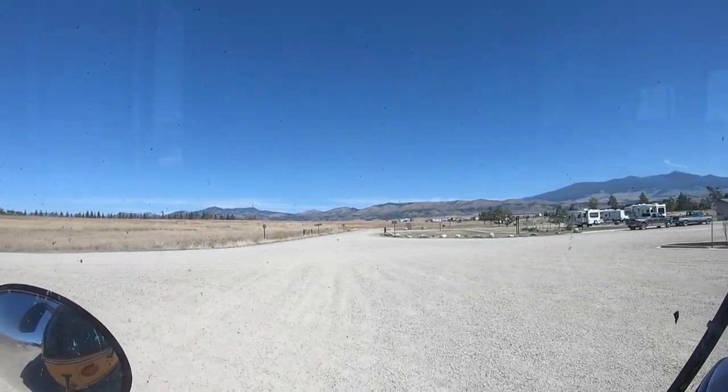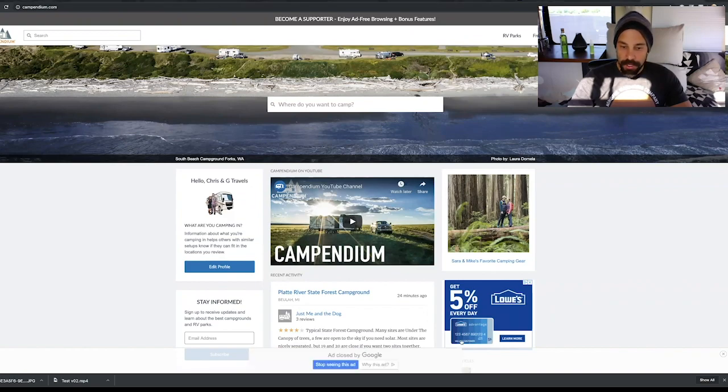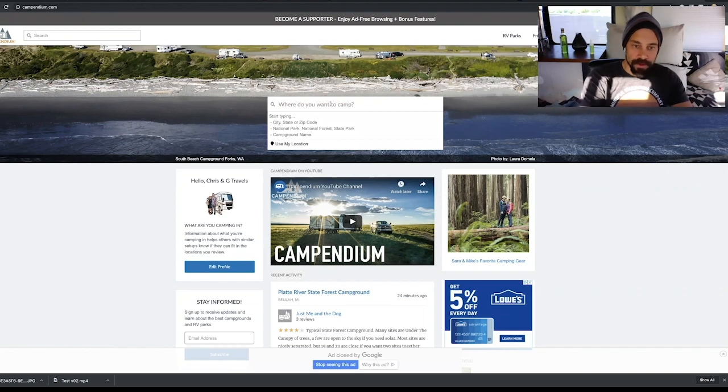Shouldn't be an issue. So one of the sources that I've been using for a while now is campendium.com. It's a website that has a bunch of different camp spots. I usually use it for free spots, but they also have paid. But just to give you a little bit of an idea, right here when you first log onto the website,